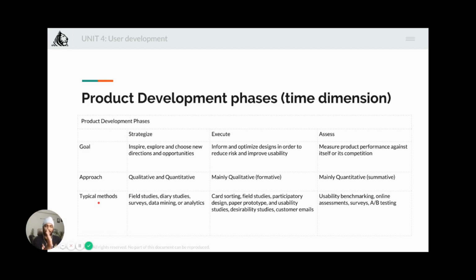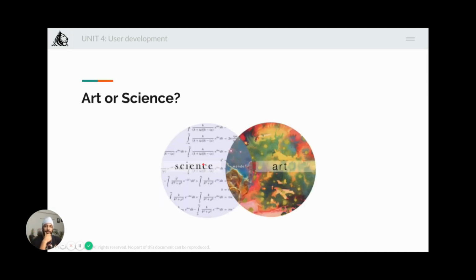So we go from strategize to execute to assess, and at each stage there's a different goal, there's a different approach, and there's a different method that you can use. So whether it's art or science, as you can imagine by now, it's an art meets science kind of a thing, right? So while many user experience research methods have their roots in scientific practice, their aims are not purely scientific and still need to be adjusted to meet stakeholders' needs, right? And this is why the characterizations of the methods here are meant as general guidelines. Okay, there's no rigid classification, and you will have to work